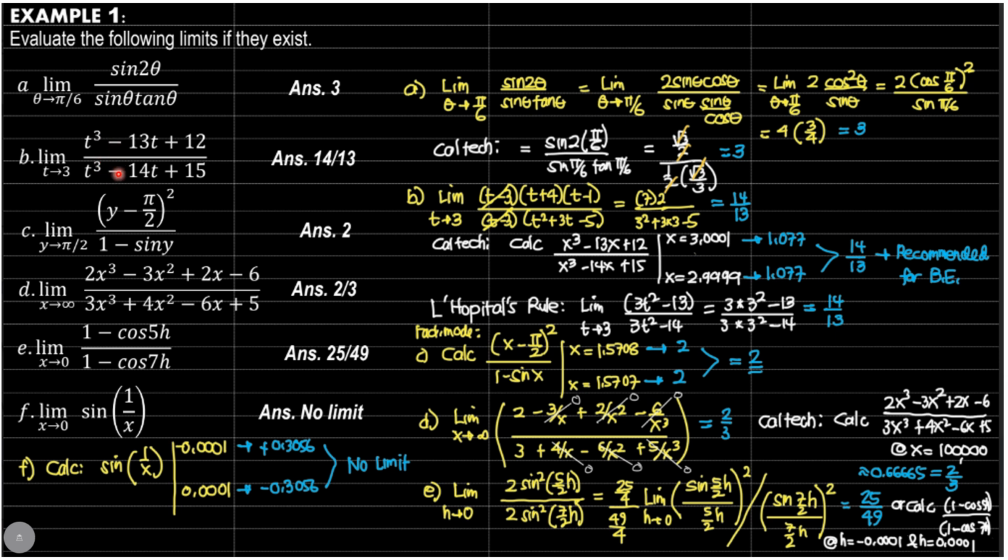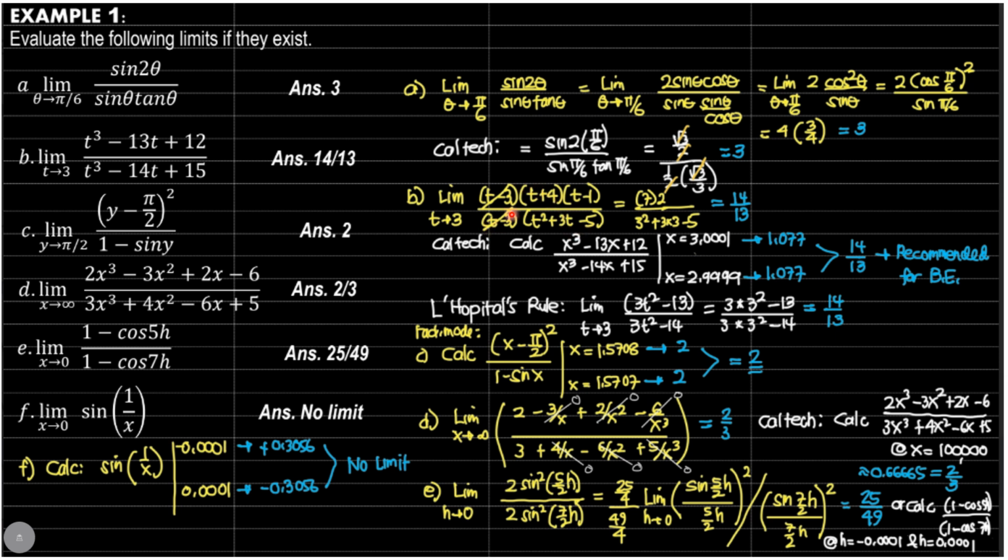So that's why you have to factor out t minus 3, which is common here. Now, we have factored out t minus 3. Then the other factors would be t plus 4, t minus 1. You can use your calculator. You can use synthetic division technique in factoring. Then in the denominator, t minus 3 quantity t squared plus 3t minus 5.